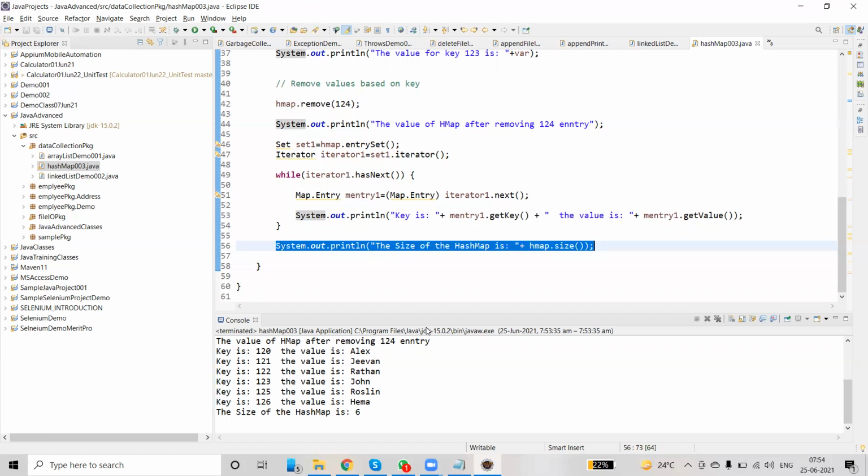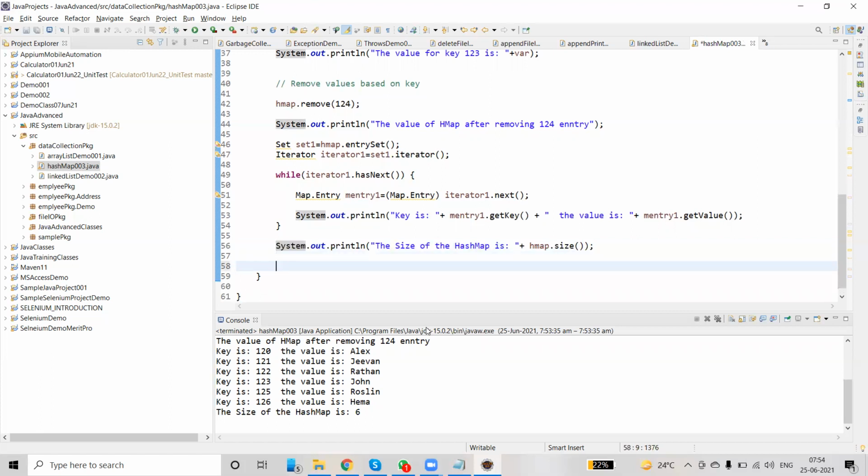Control C, Control V. Is hash map empty? hashMap.isEmpty. That's it.